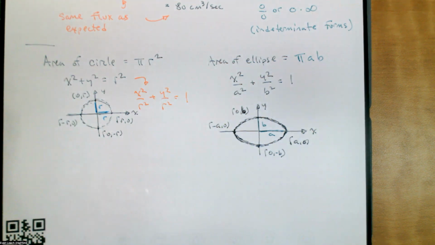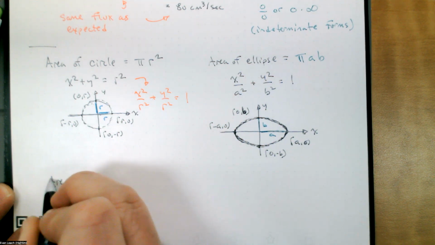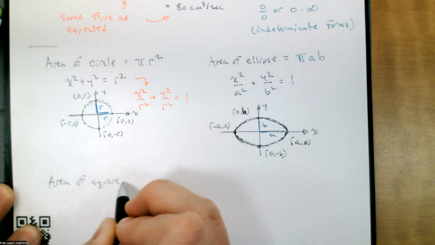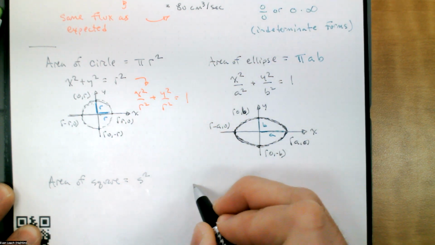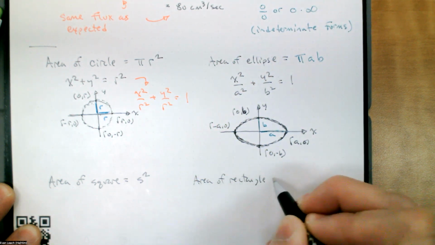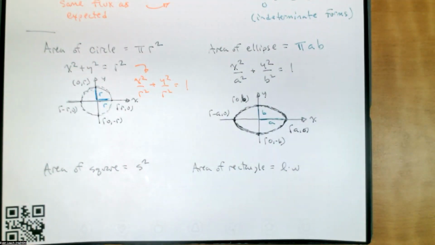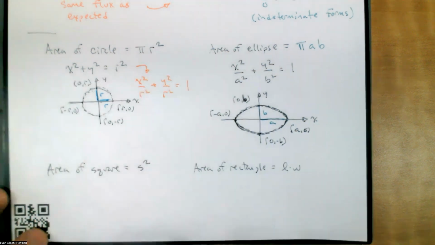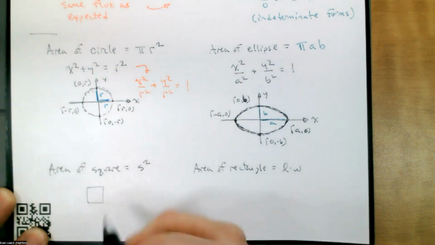For example, the area of a square is the side squared, and the area of a rectangle is length times width. A square is just a rectangle where we're taking the length multiplied by the width, but the length and the width happen to be the same. So instead of having our square down here, where the length and the width are the same,